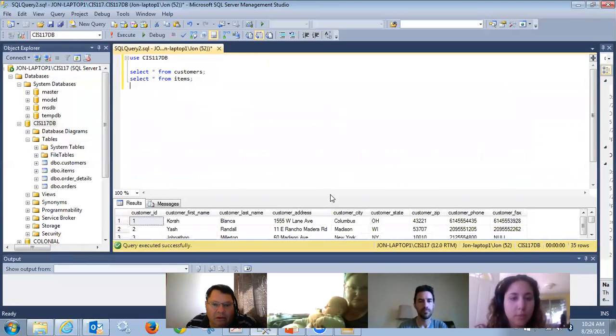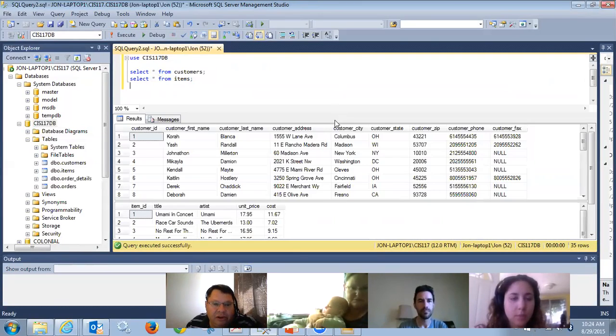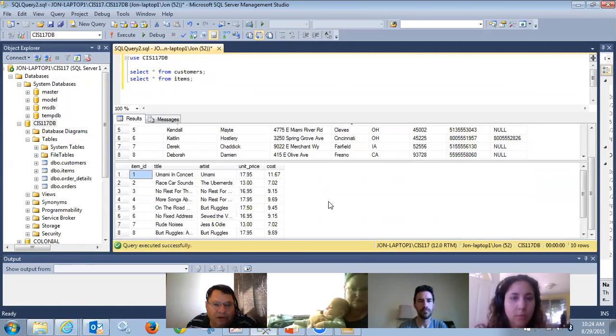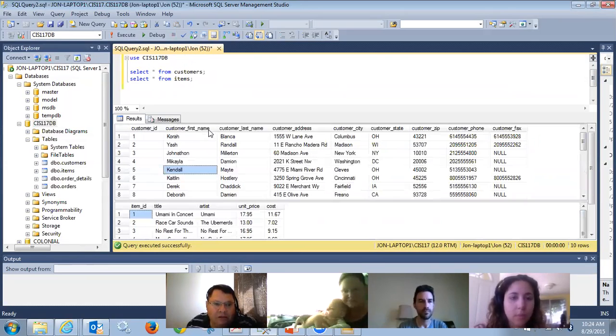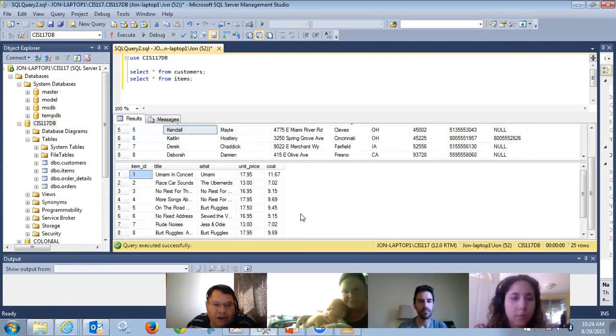Okay, now it happens so fast, sometimes hard to see, but notice I have two tables stacked down here as results. So we got the first query, which was customers, and the second query, which was items. Both of those ran. If I had left the semicolon off of the first one,